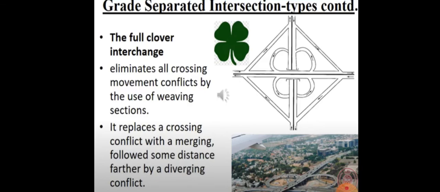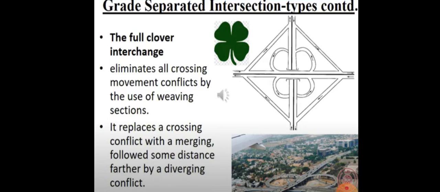Now coming to the clover interchange, which we call a full clover interchange. Here a clover interchange is actually a two-level interchange. Like you see in the figure, it resembles a clover leaf. That is why the name clover interchange. It is a two-level interchange in which the left turns are handled by the ramp roads, and to go left, that is in right hand traffic, the vehicles will first continue as one road passes over or under the other, and then exit right onto a one way road that will merge onto the intersecting road.